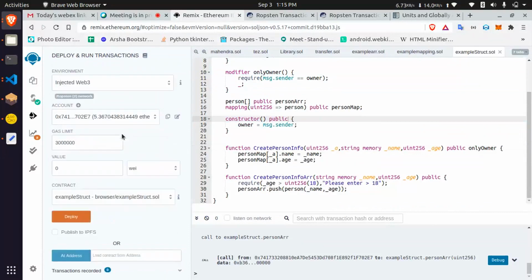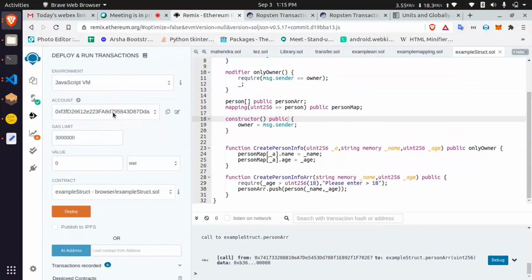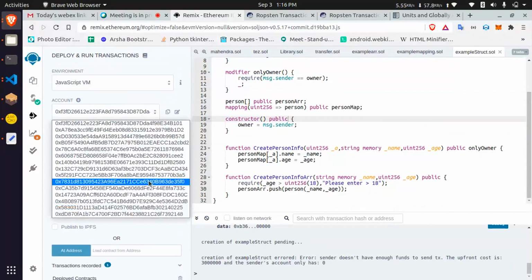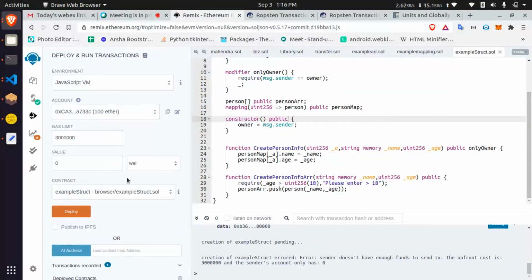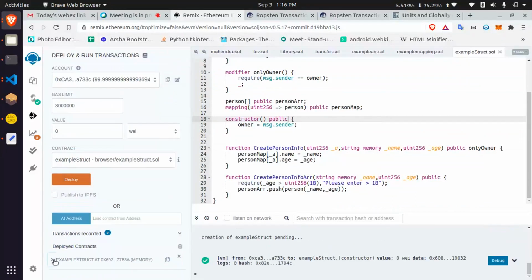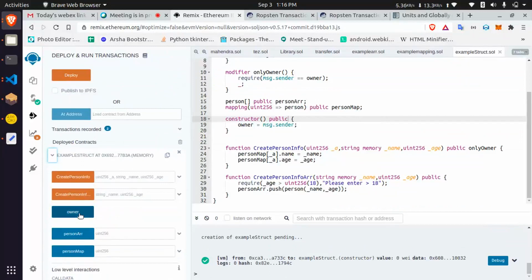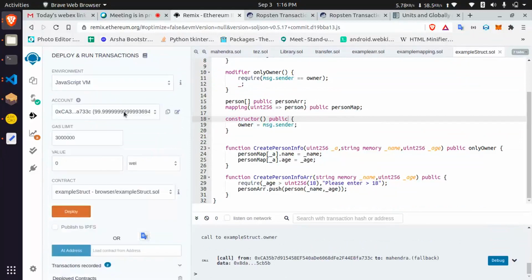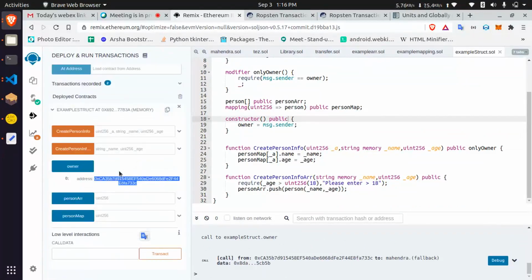Let's deploy on JavaScript VM. Just deploy. I need to select the address that created it. If I click owner, message.sender is whoever created that contract, that is the owner.